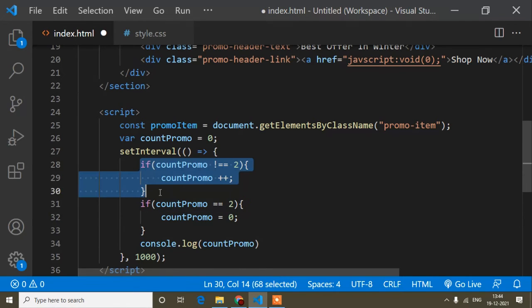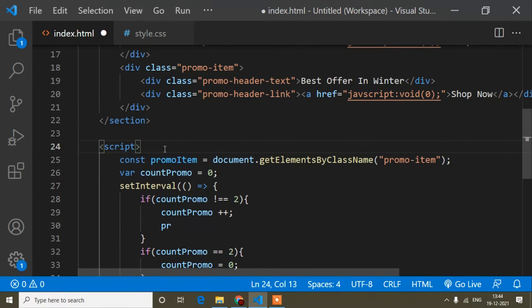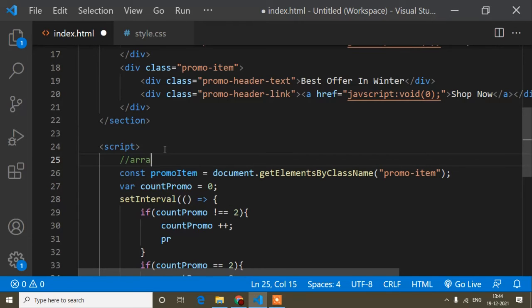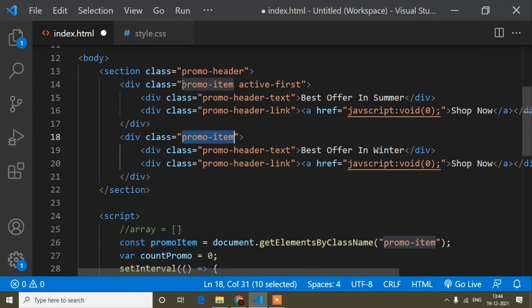So now here I will write some animation inside this condition. So when it is not 2, that time here I will write promo item. This is promo item. And now guys, one more thing I want to show, array. Suppose I have an array, so this promo item is 2 times, right?